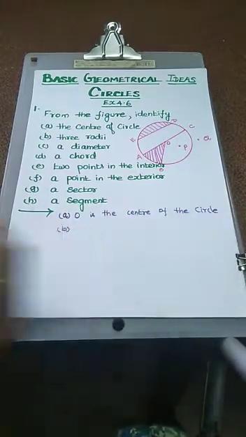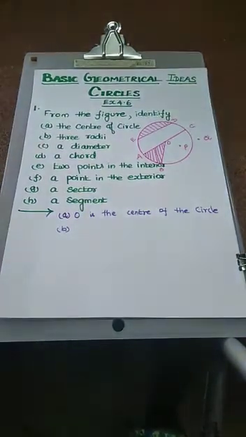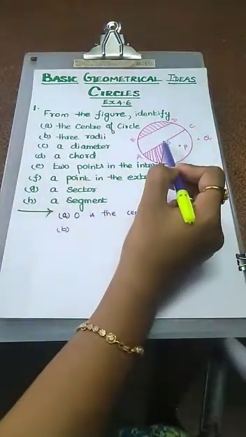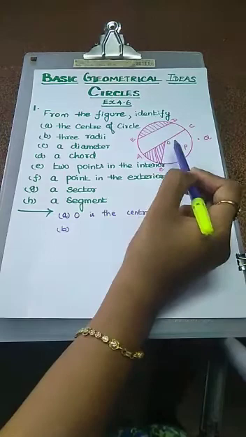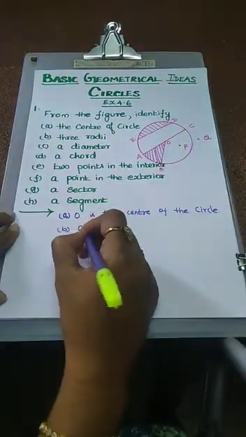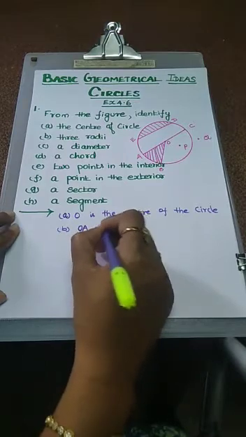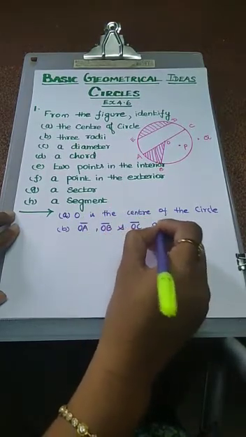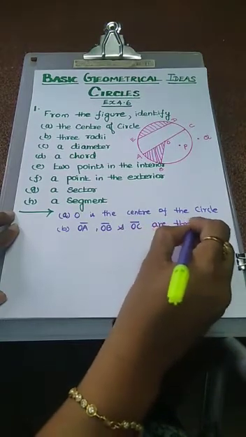What is our second subdivision? We have to name the radii. What is a radius? The fixed point is the center, the fixed distance is the radius, and the distance around the circle is called the circumference. Here we are going to mention the radii. OA is one radius, OB is one radius and OC is also one radius. So OA, OB and OC are 3 radii of the circle.